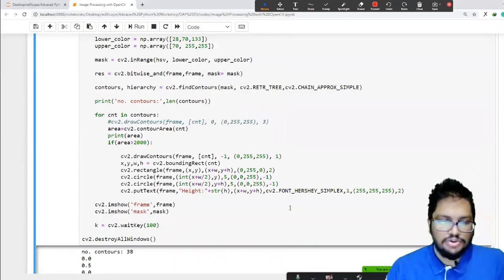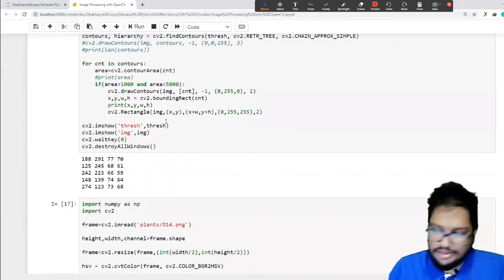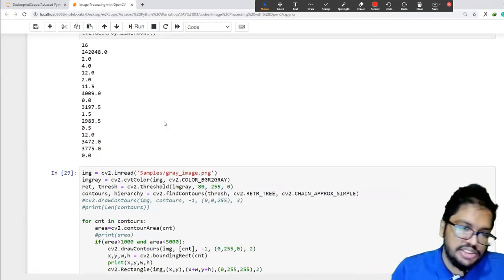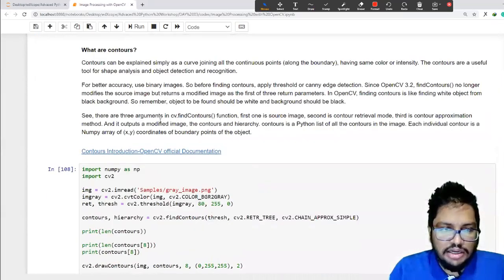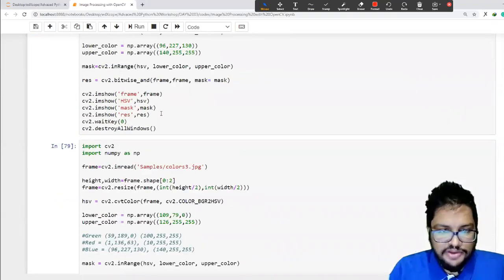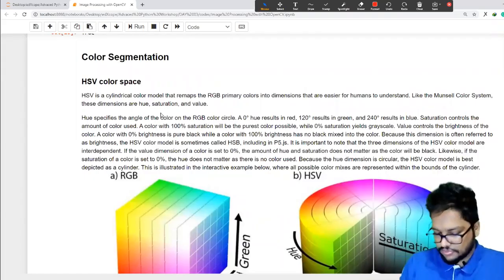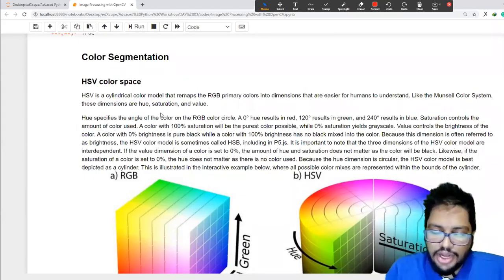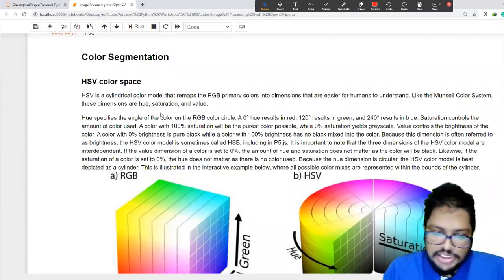So can you see color segmentation? We have detected an object based on the color. That's what you call color segmentation. So let's see how color segmentation can be done in OpenCV quickly. In order to perform color segmentation,